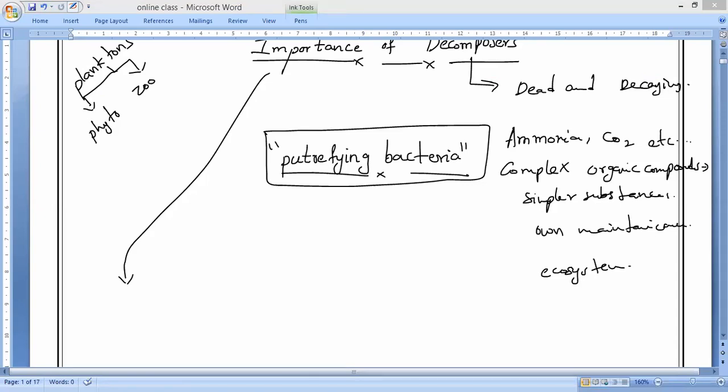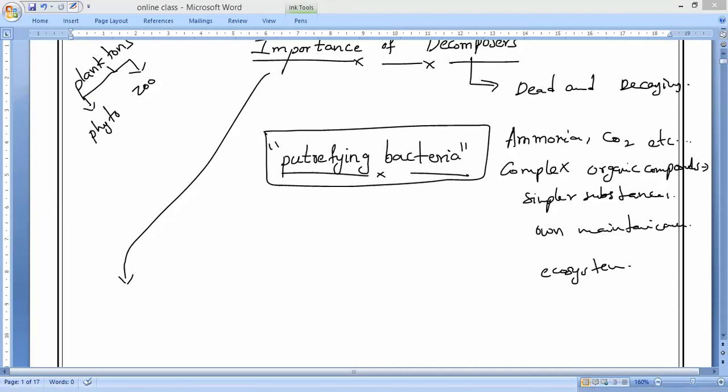It's bread mold and all. Bread mold in our home, it will be fungi only. Correct or not? Yes, please respond. If you notice bread mold in our home, the greenish one keeps on growing on the bread. Is it yes or no? If you expose it to the atmosphere, it will keep on growing.